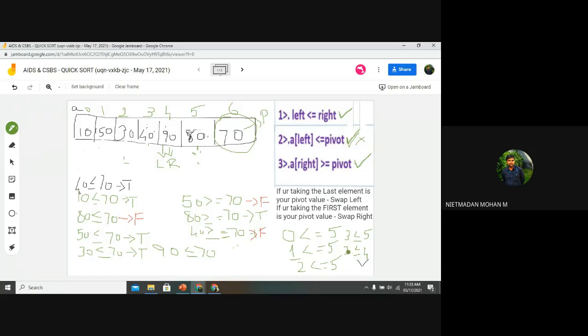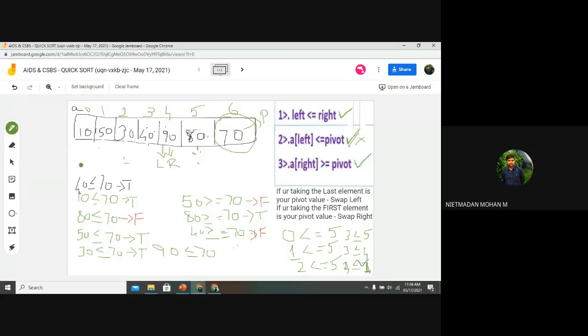So again, you can see here and check the condition. Left is less than or equal to right. It means 3 is less than or equal to 3. The condition? True. Again, it will check the index value 4. 4 is less than or equal to 4. The condition will be true, right? Yes. So again, what will happen?